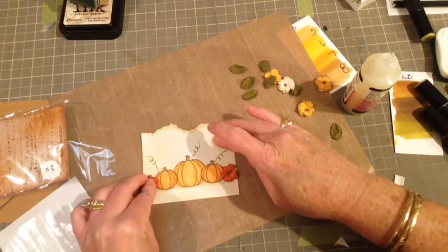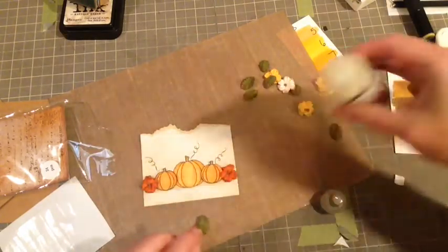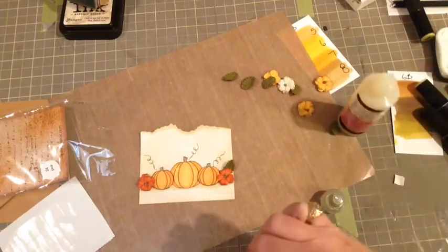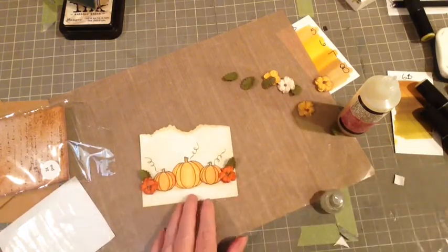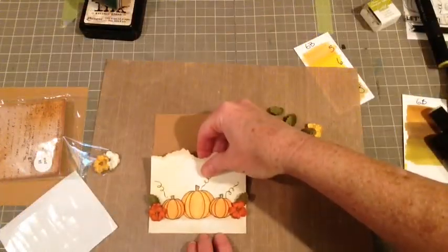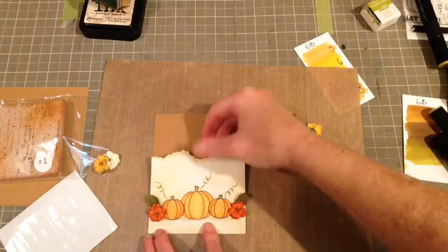So now I need to put down the leaves, and so I'm attaching one leaf on each one of those, and that looks good. So now it's time to attach this part onto my base, and I just used my Xyron and gave it a nice layer of